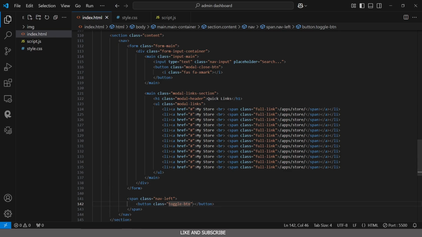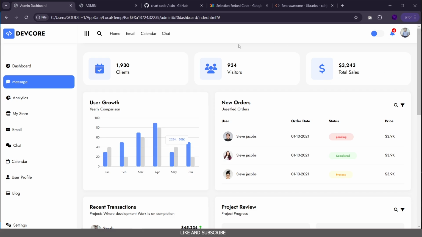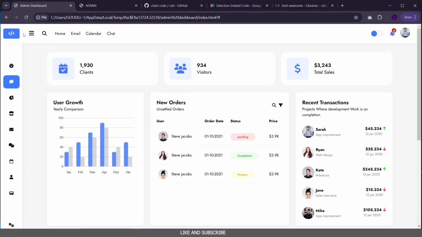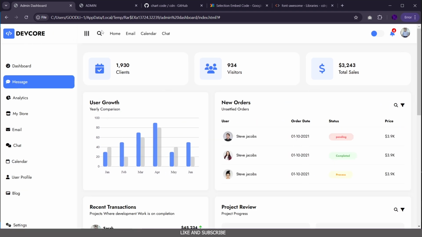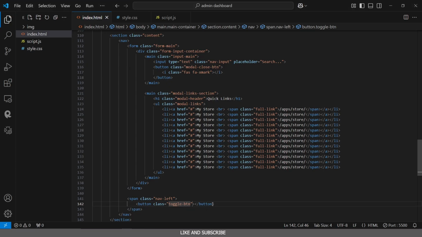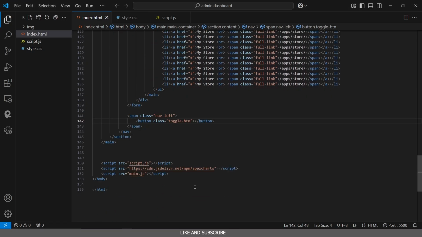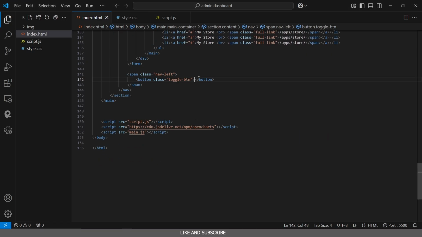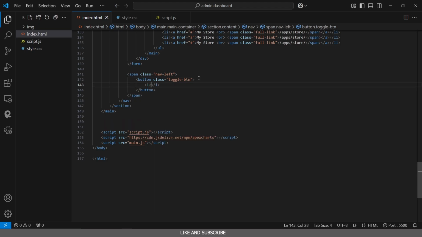Actually, what we're creating right now is not the right side. We're going to create the left side first. The left side holds the toggle button, the modal button for the search bar, and also the links right here, home, email, calendar, and chat. We are going to create the right side of our navbar after that. So for the left side, we need the button, which is the toggle button right here. So inside the toggle button, we need an icon. The icon here is going to have a class. The class is going to be